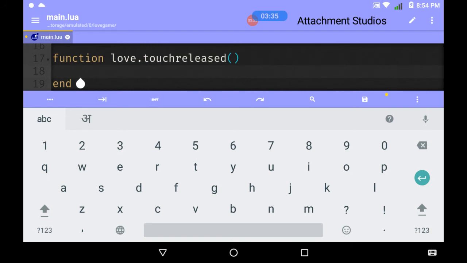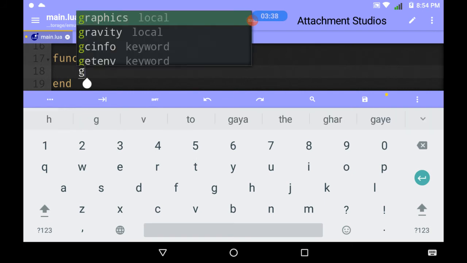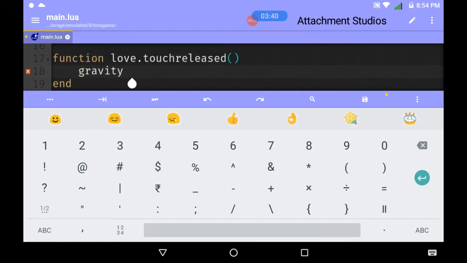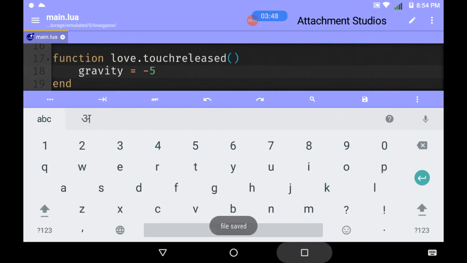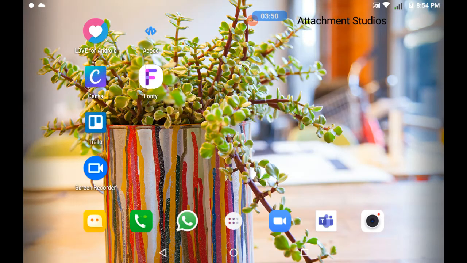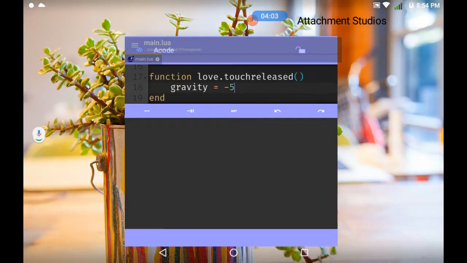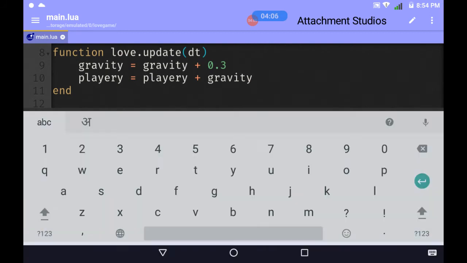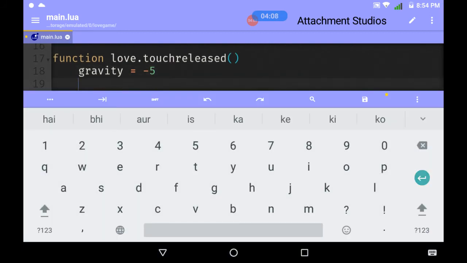So let's do like if this is true, then gravity will be changed to 5. No, sorry, -5. Okay, now that's good. So this might be better for doing this. So when we click this, now this will go up. But I know, let's do like gravity equals 5, and then let's do something like